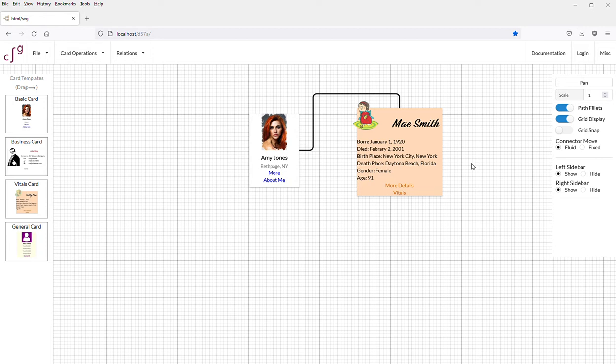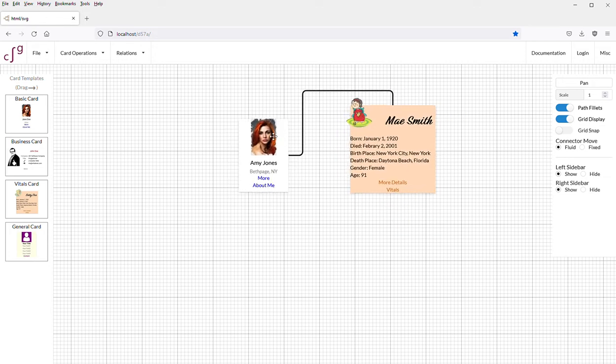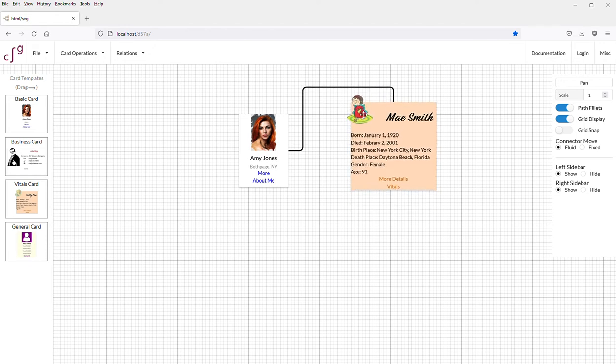And you can move a card by selecting the image and moving it around. You select the image and not the text or the card itself, because you may want to copy and paste the text that's actually in the card and copy and paste it somewhere else. So I made it so you just pick the image. Now,